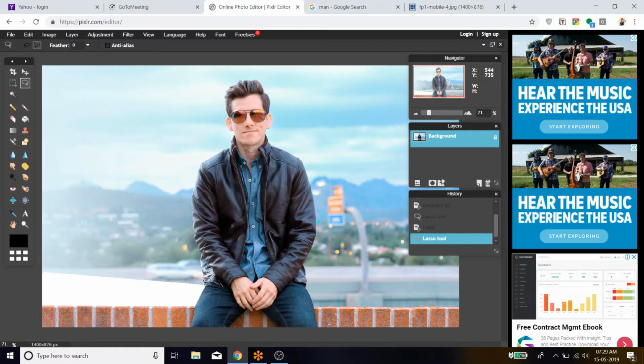Now again lasso, polygonal tool. Let's go to selection of the full body. Choose the inner portion so that there will be no white space at the end of the body. Choose like this. Okay, almost done of one side. Be careful about your selection. Be careful here. Okay, now the head portion, be careful about that. Now let's close the circuit first.